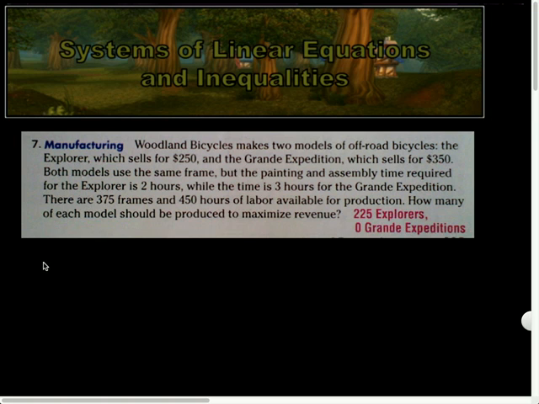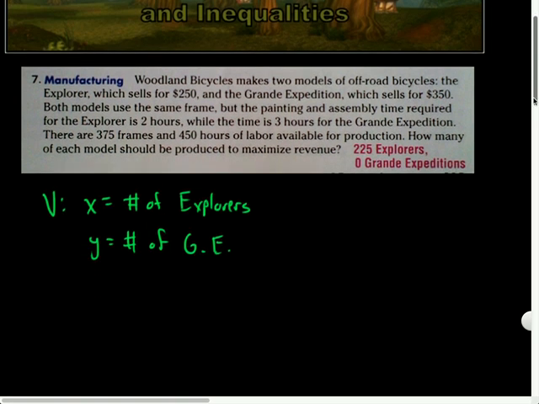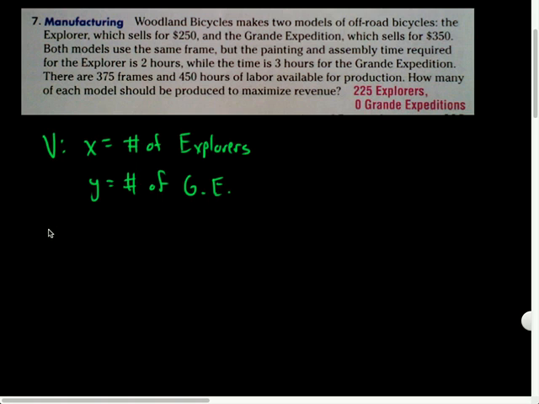Right, so my variables come from the question. So I'm going to say that X is the number of Explorers produced, right? And Y is the number of Grande Expeditions, right? The Grandes. So, to write our equations, or inequalities most likely,